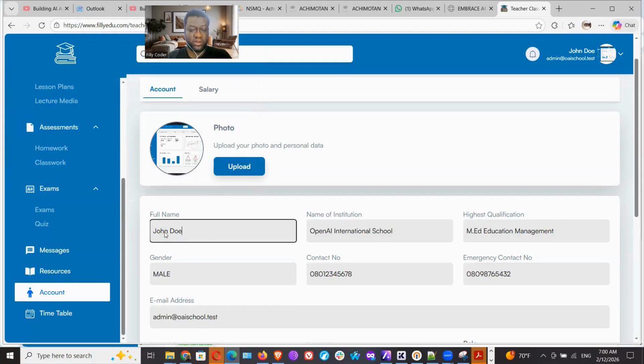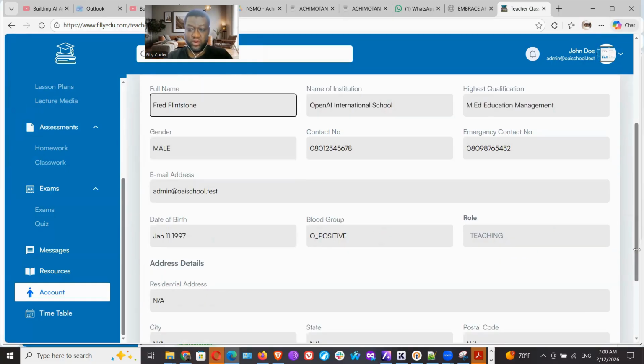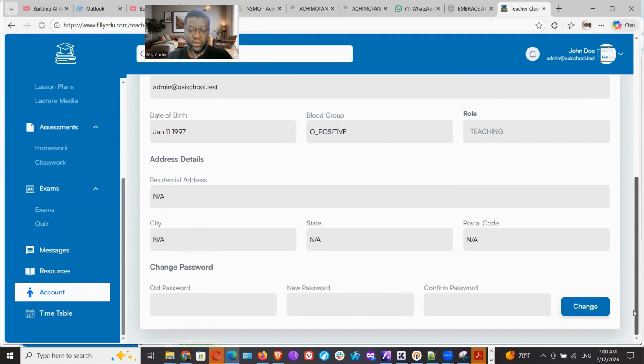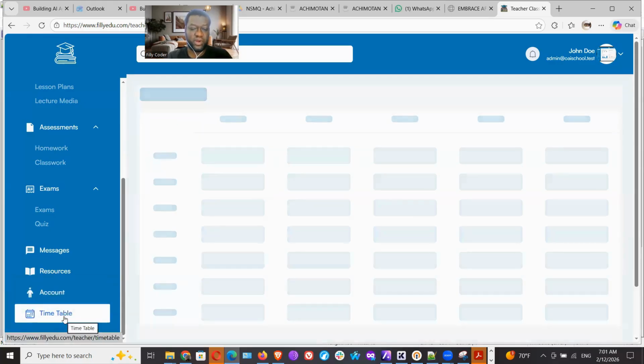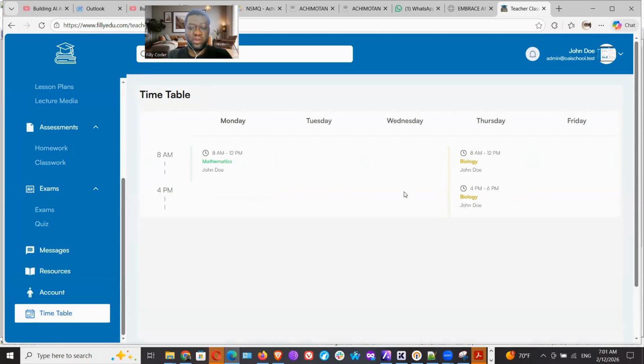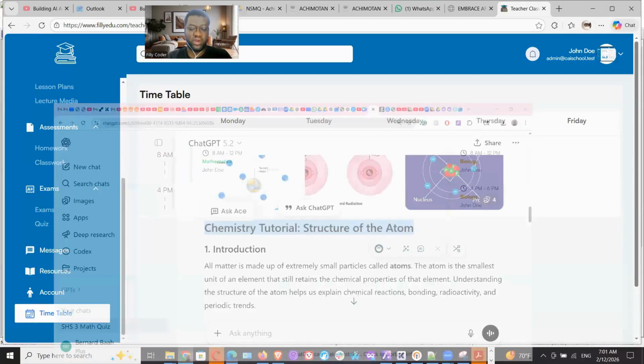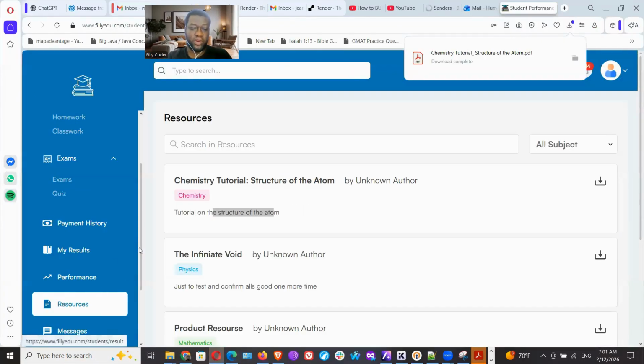And then I can change, and so yeah, once I'm satisfied with the information, I can save it. And if there's any payment information, you can see it here. And I can go to timetable here to see the timetable, and any classes that I'm teaching will show up here. So you can populate this timetable from the admin dashboard, add classes to the schedule, and the teachers will see it. The students will also see the timetable on their end here,